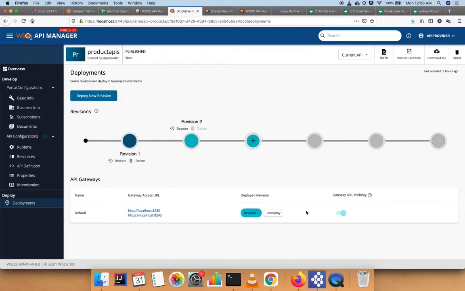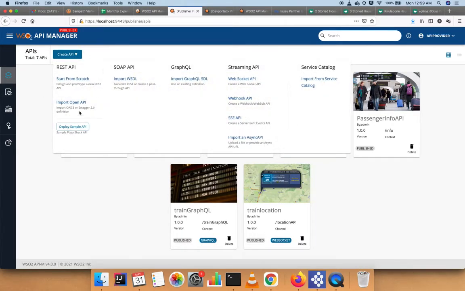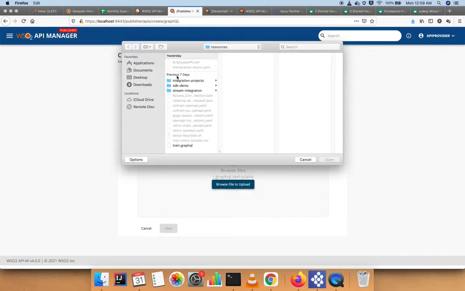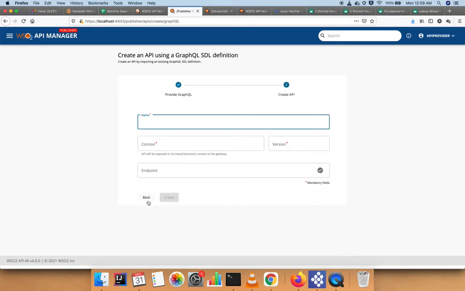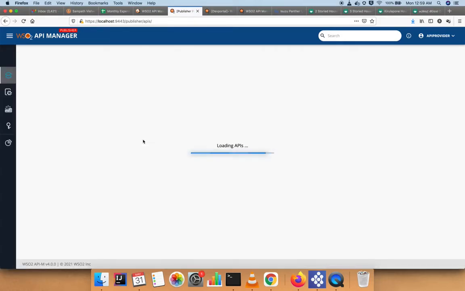Now we are moving to E3, where we need to discuss alternatives for REST APIs. Previously, when I created an API, I demonstrated how we can create a REST API and create an API to the service catalog. Now I am going to create APIs from different protocols. The first one I am going to use is GraphQL. In the GraphQL case, you can provide a GraphQL definition similar to the OpenAPI definition we did in the previous case, then provide the necessary information. I have already created a GraphQL API, so I'll go ahead with that.